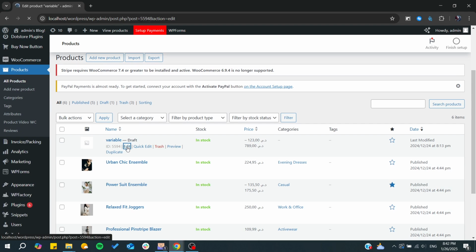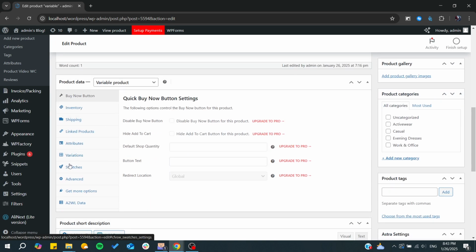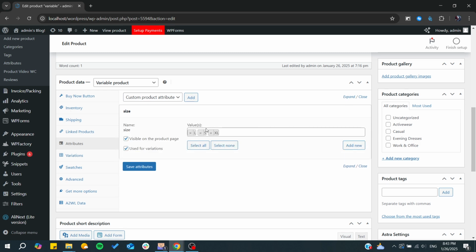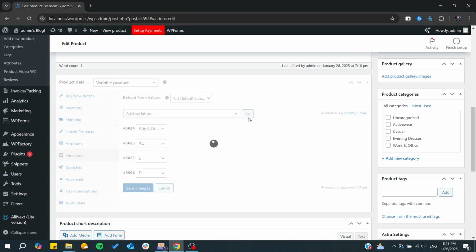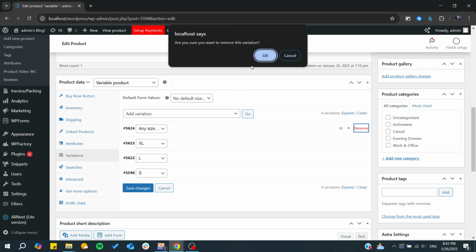So basically in the edit screen, you will have an attributes tab, and you will have a variations tab. You just need to give it the attributes that you would like. For example, I have this size for my product and it will have only these values. And here you can start having your variations created. So you can create a variation for your product here, and you can give it any value that you would have. And basically I only have three terms for my